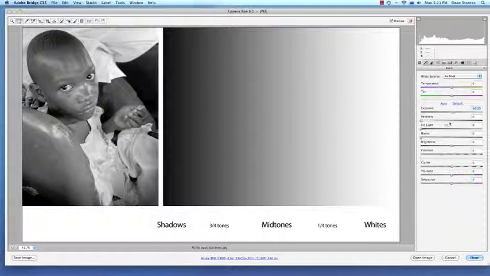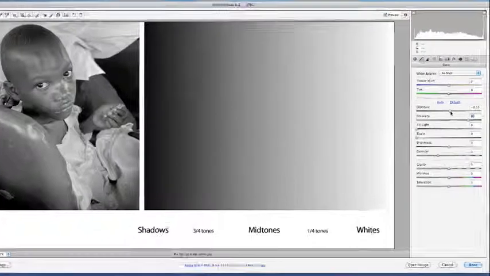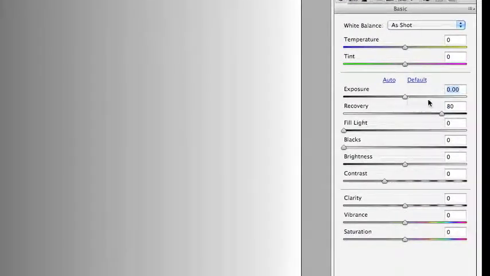Now the other sliders, by comparison, are targeting specific parts of the tonal range. For example, the next slider down, the recovery slider, targets the lighter tones towards the bright white end of the spectrum. If I click and drag this to my right, you can see that these are becoming darker, while the other tones up this end are relatively unchanged. You can reset any slider back to its default value by double-clicking on its triangle. So I'm going to do that now to reset the exposure slider, and double-click here to reset that recovery slider